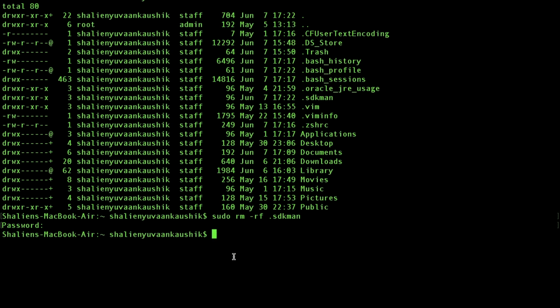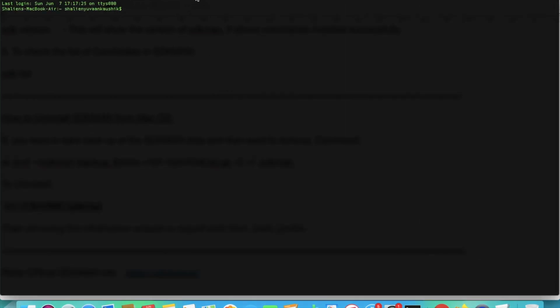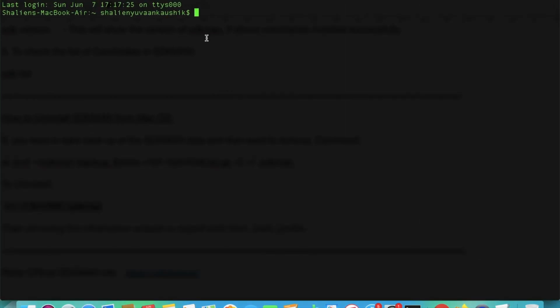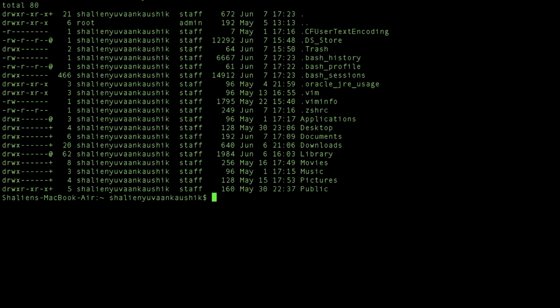Yeah guys, now if I close and check again, because one of the extensions is available in the hidden file, I need to remove that one also from the hidden area. Yeah guys, now you'll see that .sdkman is no more there in the directory. So it means that SDKMAN is completely and successfully uninstalled from my system.